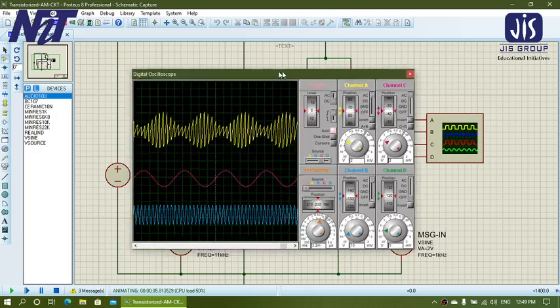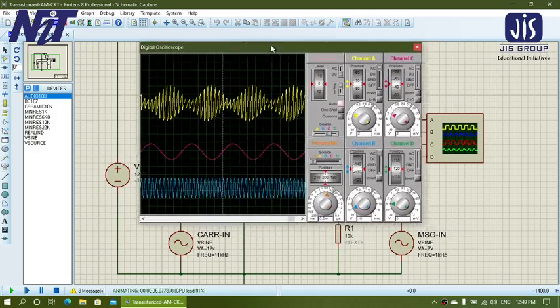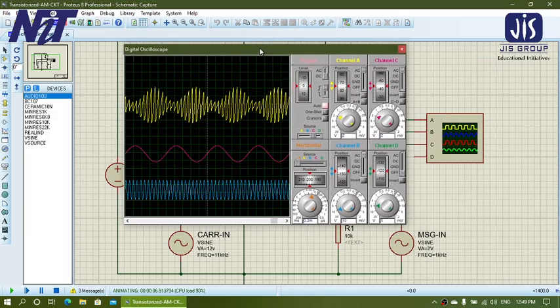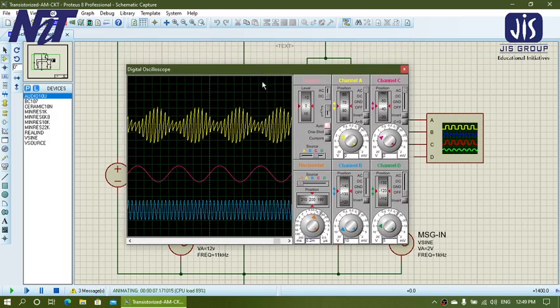So here let's find, our carrier is set at 12 volt amplitude, 11 kilohertz. So here is your carrier in channel B, it is set at 10 volt peak to peak, and it consumes at least 2 divisions vertically.